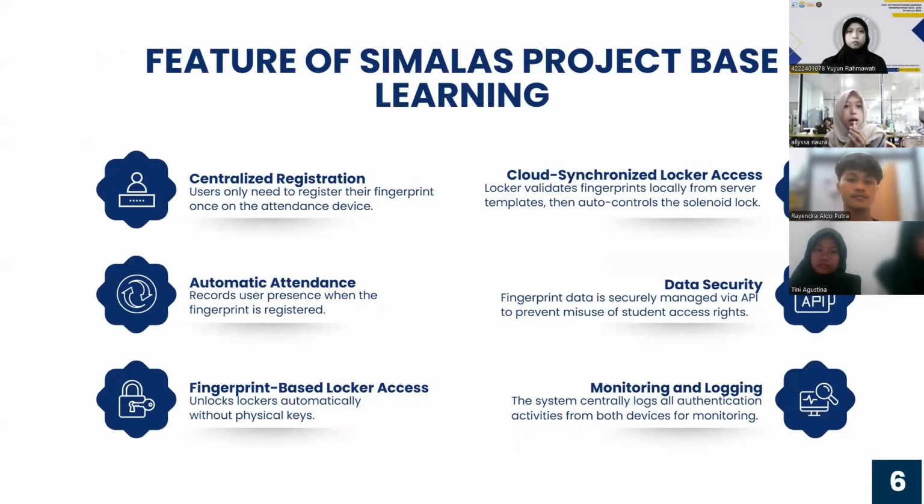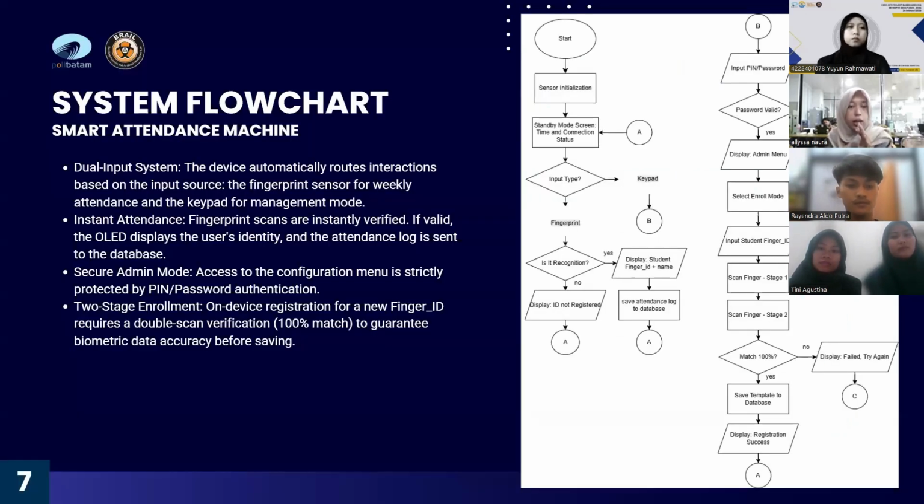This is a feature of Simulus Classroom. First, we have centralized first there. Start in order session and all of the machine would simply wish your picture and then the automatic attendance also occur here. So we can use the physical and there is a call synchronized worker access. So we would know if the worker is still or not. And there is a data security, and also this will be concerned but the item is useful.